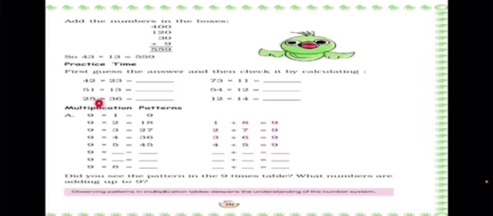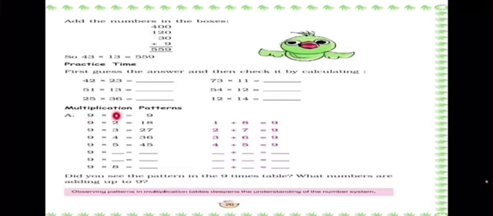Now 25 multiplied by 36. So here again what we'll do, 20 plus 5 and 30 plus 6. So first we will start with 30. 30 multiplied by 20 is 600 and 30 multiplied by 5 is 150. So now you need to write 600 and 150.